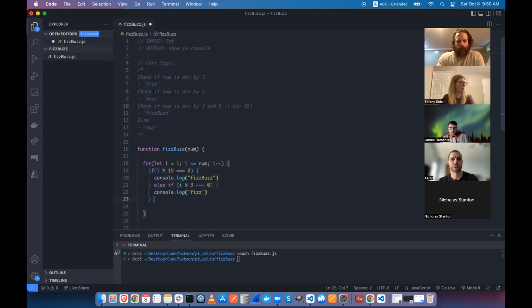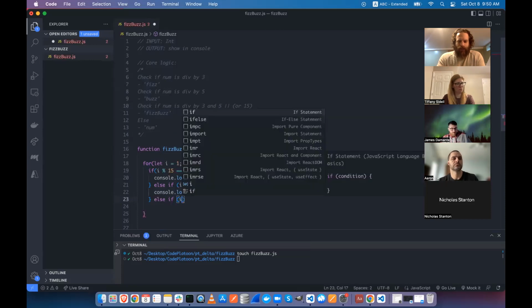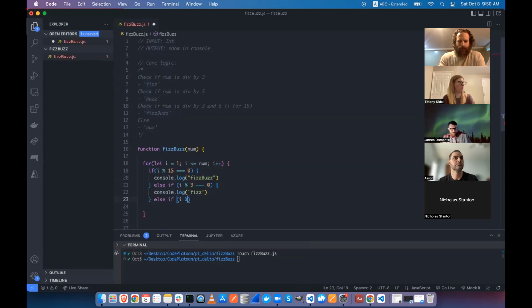So I'll just go ahead and finish. So else if i modulo 5 is 0, Buzz. And then, for this last one,